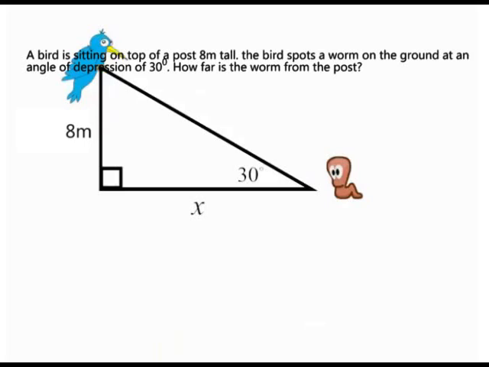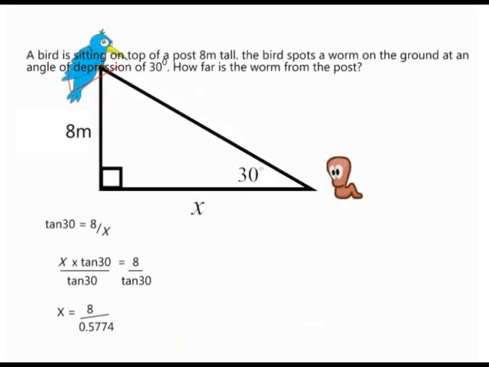8 meters is opposite to 30 degrees. And so tan 30 is equal to 8 over x. Cross multiplication, x times tan 30 is equal to 8. We divide both sides by tan 30. Tan 30 is equal to 0.5774 from the tables. So we have 8 over